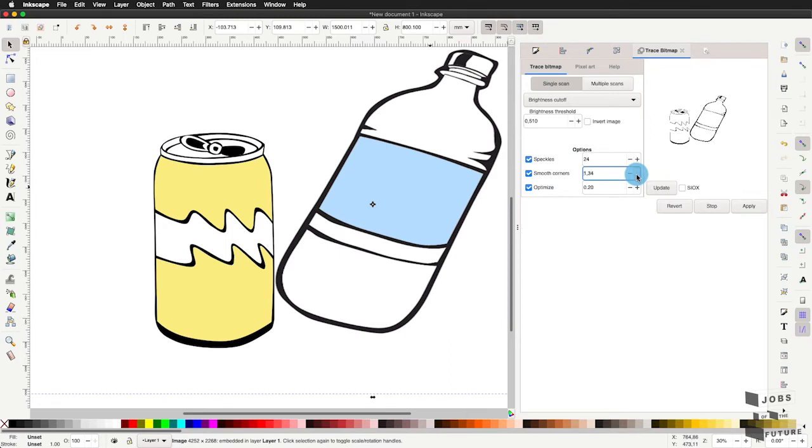So this is like the contrast part of our image, while these options will ignore the small spots, so the single pixels in your image. It's useful to create a smoother path that we can use with Inkscape. Let's see what happens now. I can click on Apply,